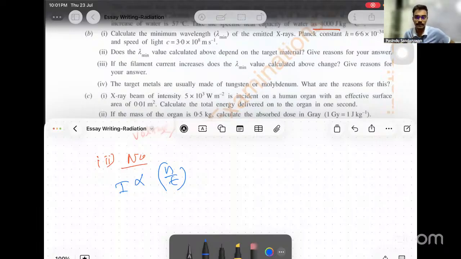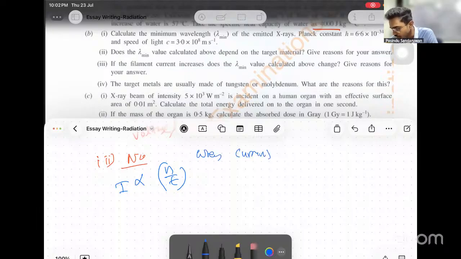When current increases, there is a special and very important impact on the setup. N over D, the number of photons hitting the target, increases. When that increases, X-ray production increases. A higher number of photons hitting the target means higher production of X-rays. Only the production increases, not the energy. Then the explanation, since it says give reasons for your answer: